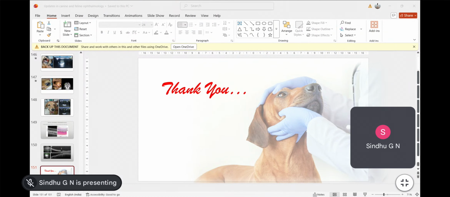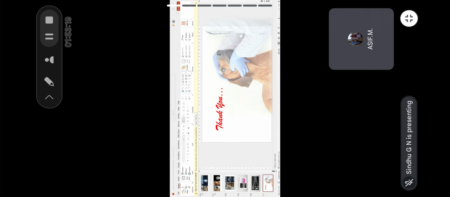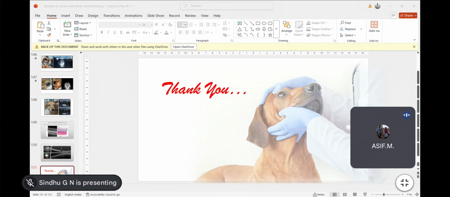Madam, you have mentioned different types of cataract, and in which type can we do ECCE, extracapsular cataract extraction? In which type are we doing it, or when